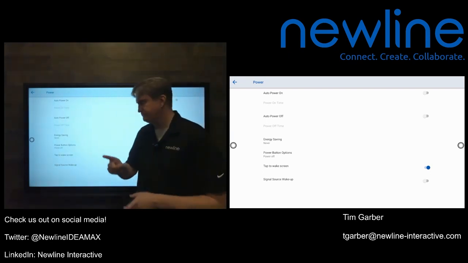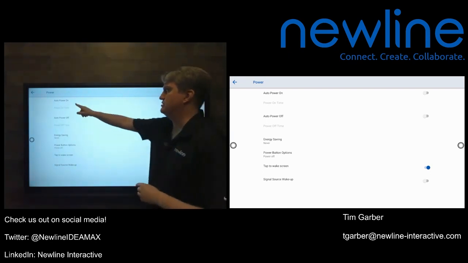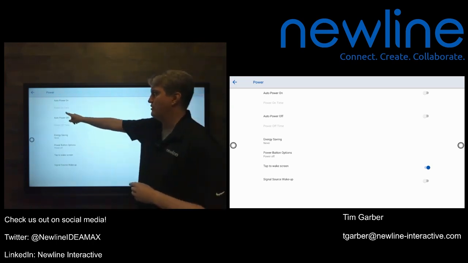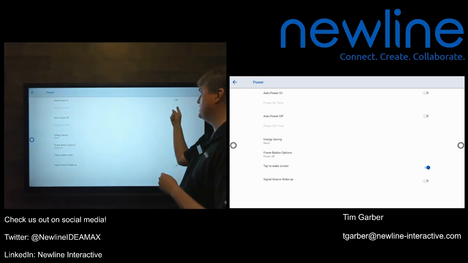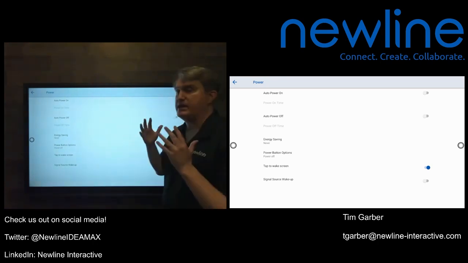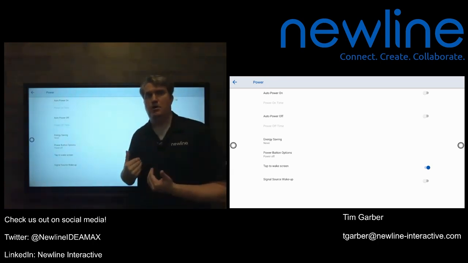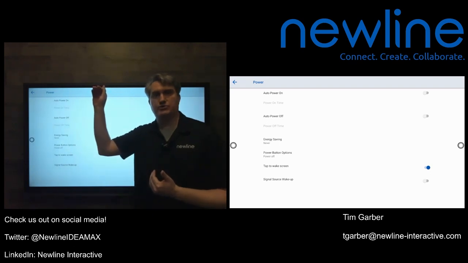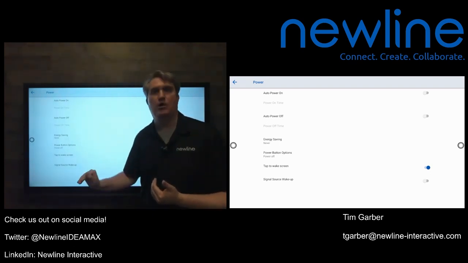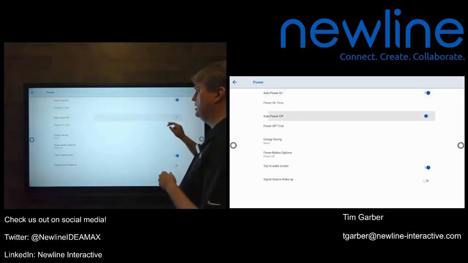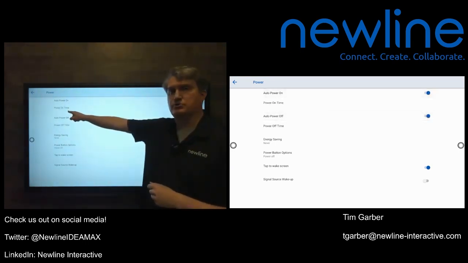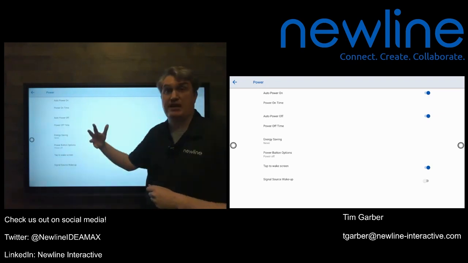While we are here, let's also take a look at the top of this window where we have auto power on and auto power off. Now notice that we have switches for that. So we can in fact schedule our panel to turn on at a certain time on certain days and turn off at a certain time on certain days. So let's go ahead and go through them. I'm going to turn these switches on,